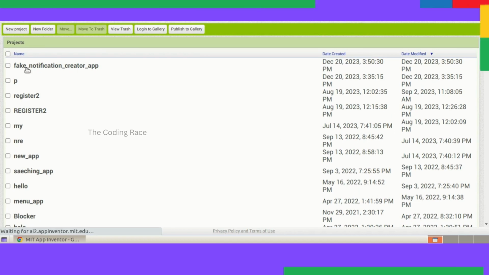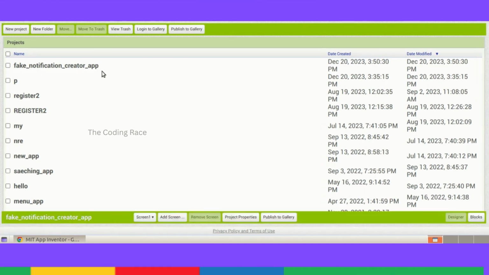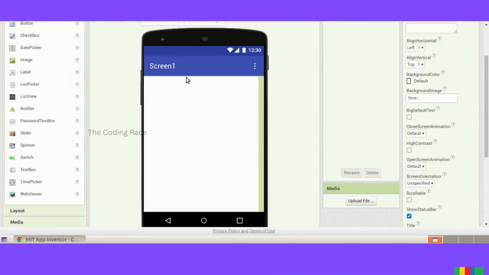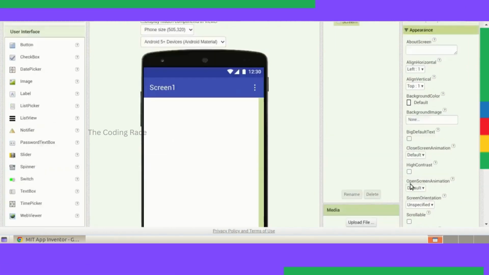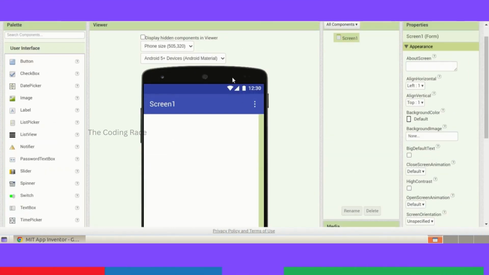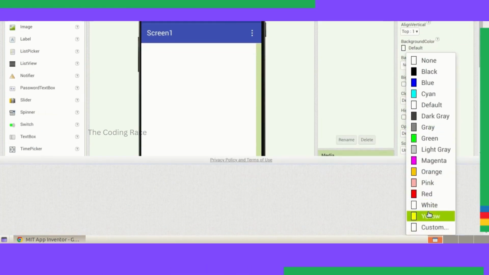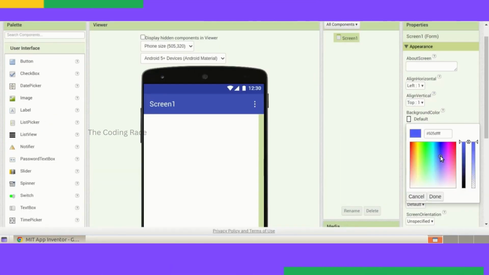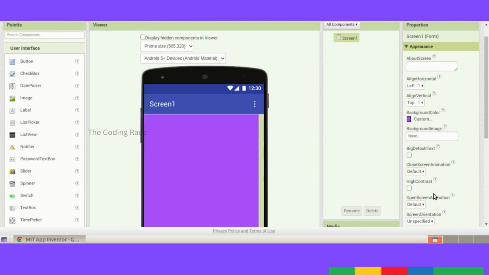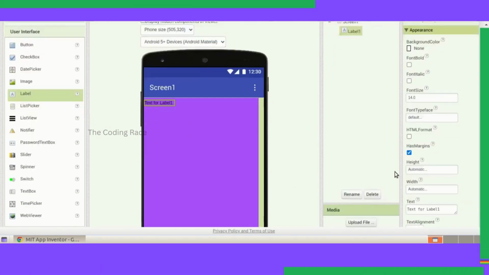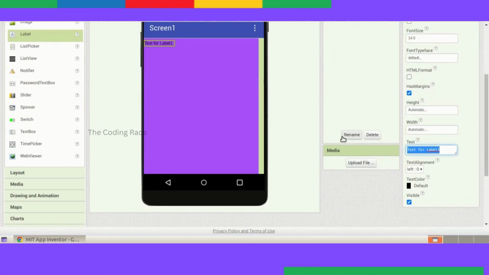So just click on that mobile screen. You can see a window properties on the right side. Just change the background color. You can choose any color, it's okay. And add a label, erase the text,